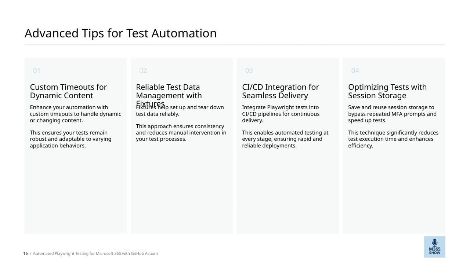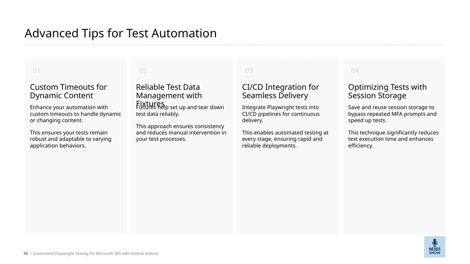Another key point is the use of fixtures. Fixtures are great for setting up and tearing down test data consistently. They help ensure your tests are stable and reduce the amount of manual effort needed, which keeps your testing process smooth and dependable. Finally, enhancing your automation with custom timeouts is vital for dealing with dynamic or changing content. By adjusting timeouts, your tests can better handle unpredictable application behaviors, making them more robust and adaptable to real-world conditions. All these techniques together help you build faster, more reliable, and more maintainable test suites, which ultimately supports seamless delivery